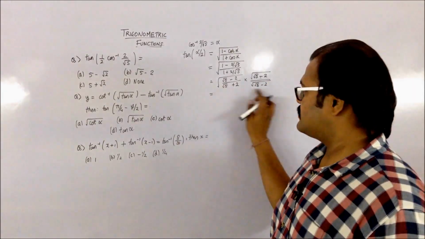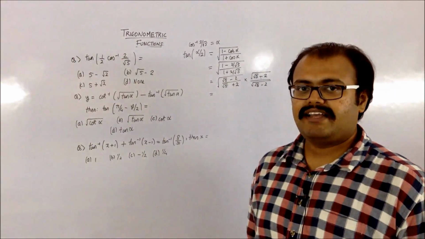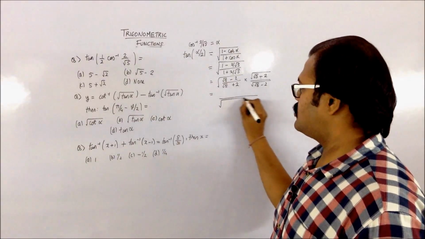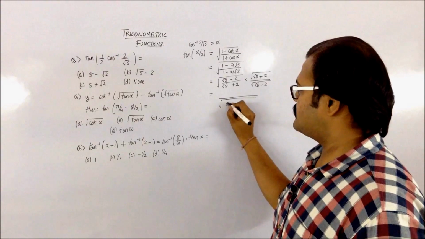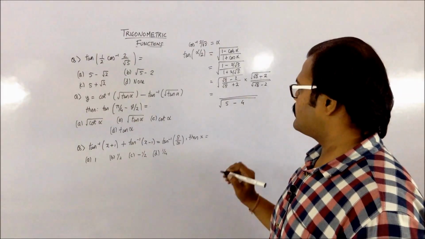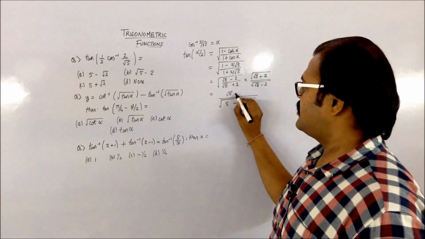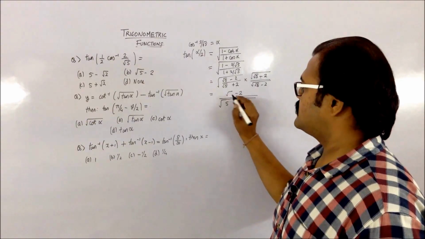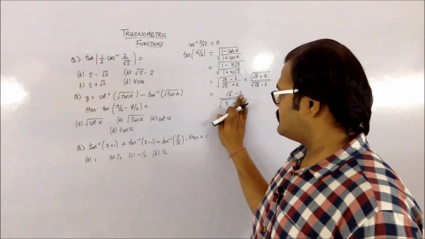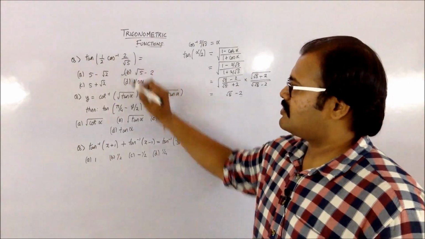So the denominator part, what you can see is it is basically a plus b, a minus b form. So it's going to be root 5 square, which is 5, and minus 2 square, which is 4. And in the numerator, since it's the same terms, it's going to be root 5 minus 2. So 5 minus 4 is 1 and root of that is 1. So that gets done with. So my final answer is root 5 minus 2, which is your option B.